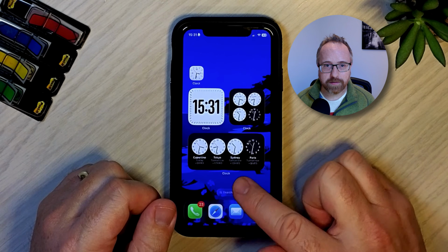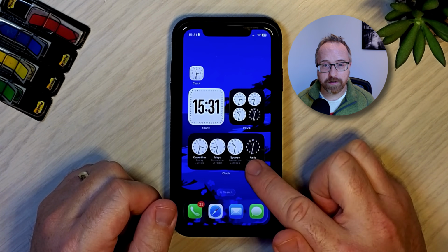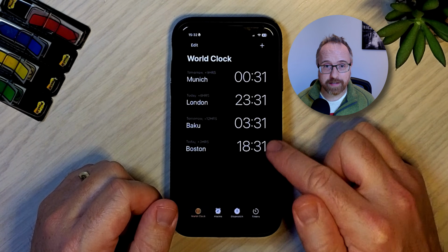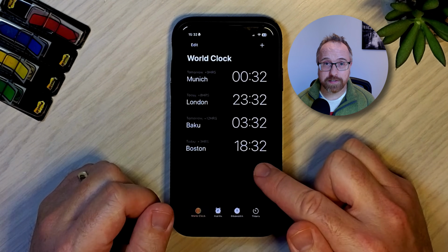Back on the home screen, we still have the 4 that they put in there that we can't change. We tap on it and we can have as many different times for as many different cities as we want